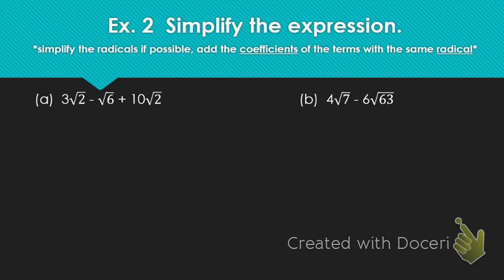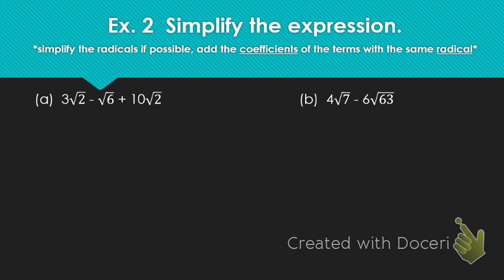Now, we've moved into example 2. It still says simplify the expression, but we've got some different types of problems now. Look at the note that I've added underneath example 2. We simplify the radical if possible. So that's still upside down division. We're still looking at the radicals and deciding if we need to simplify them. Once we have simplified them, we add the coefficients of the terms